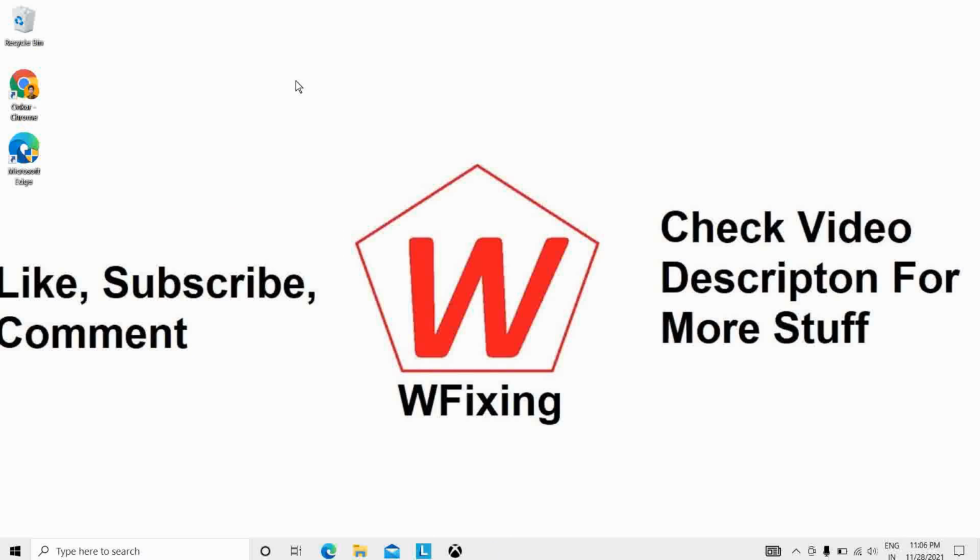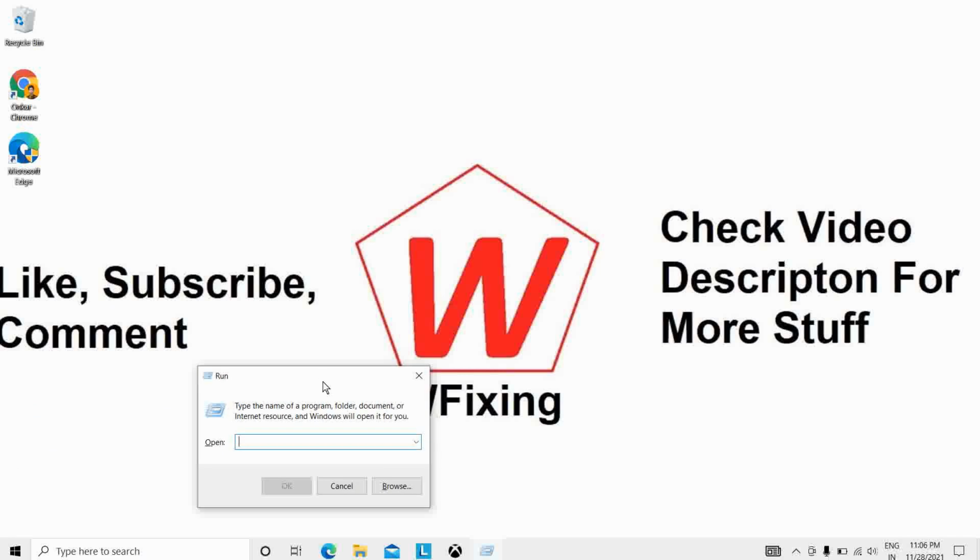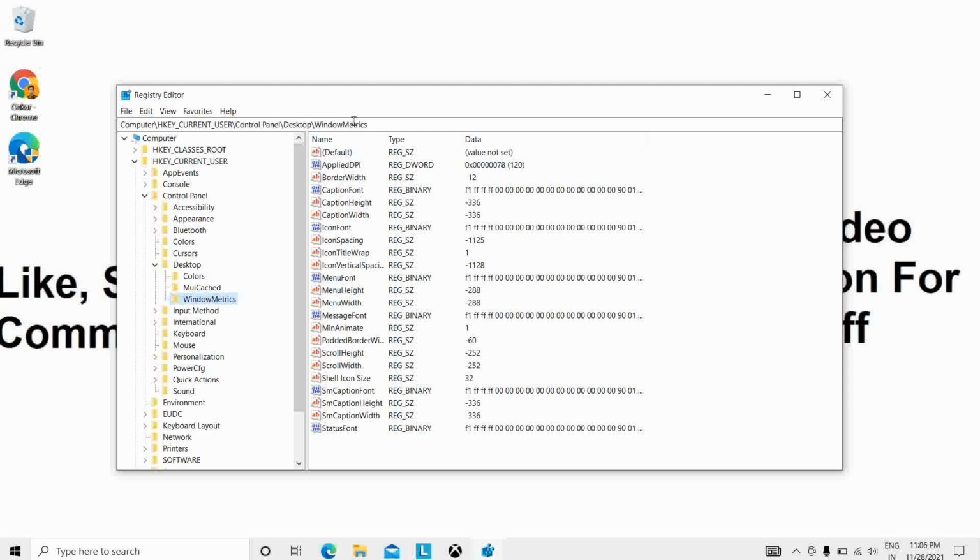Next solution is increase physical memory or set a registry hack. For setting a registry hack, we will press Windows plus R at a time, so it will open the Run dialog. Then type regedit from here, click OK and click on Yes.